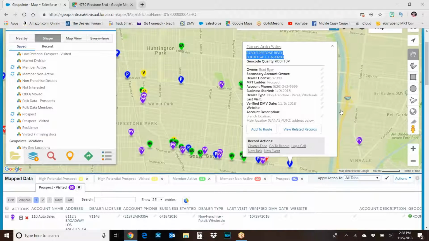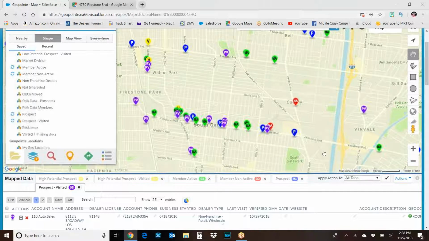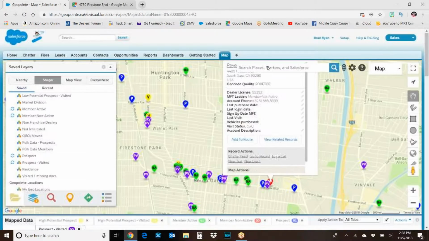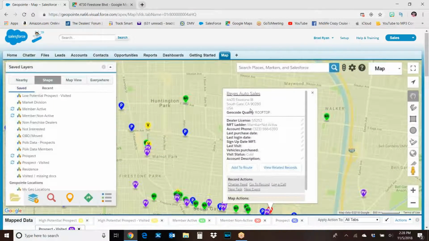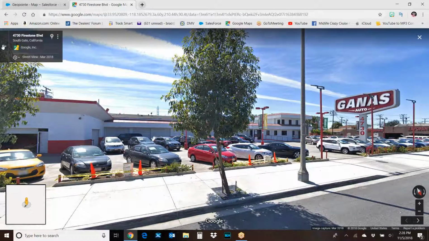So at that point, I'm going to go right here. It says add to route, and I'm going to add it. So now that's been added to the route. Then I'm going to go next right here, which is Reyes Auto Sales. Again, he's a member non-active, meaning he has not been on in a while. I know he's a car dealer, but for demo purposes, I'm going to do the same thing again with him. I'm going to copy it,